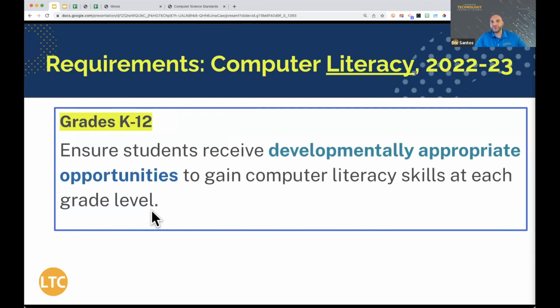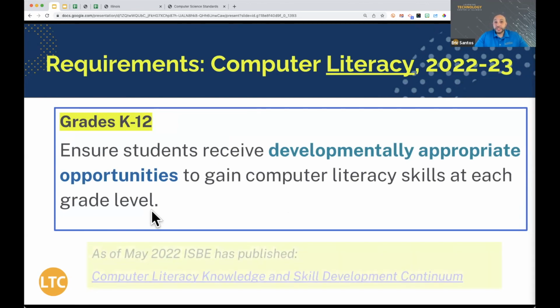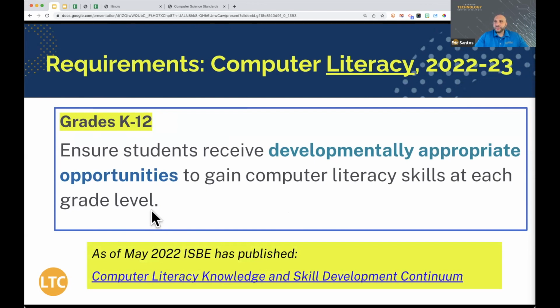What does developmentally appropriate look like? What are these opportunities? We need more guidelines. And the good news is that as of probably just this week, because I just heard about it today, this guidance just went live. Oh, it was today. Thank you, Jesse. She just posted in the chat